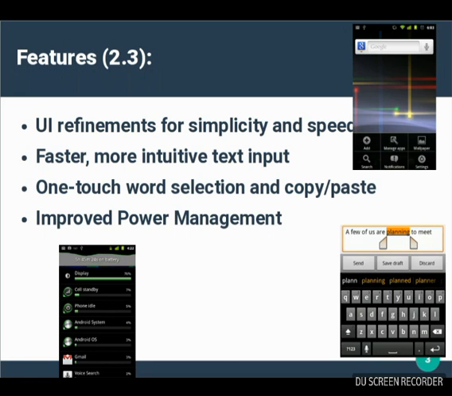UI refinements for simplicity and speed. The user interface is refined in many ways across the system, making it easier to learn, faster to use, and more efficient. A simplified visual theme of colors against black brings vividness and contrast to the notification bar, menus, and other parts of the UI. Changes in menus and settings make it easier for the user to navigate and control the features of the system